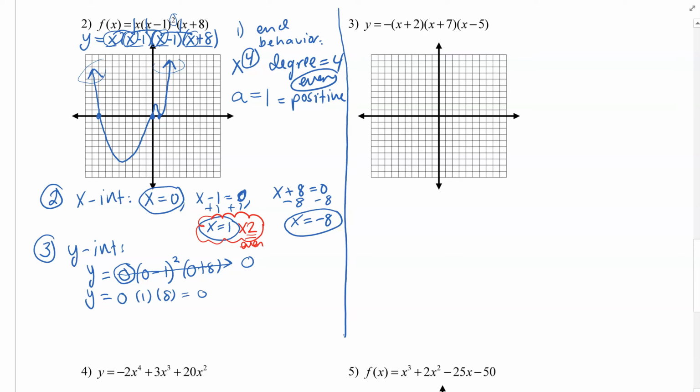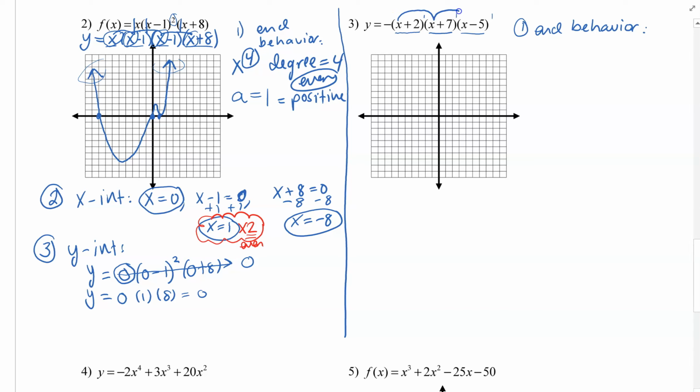So example 3 is very similar. It's given to me in intercept form, which is my favorite because all the factoring work is done, thank goodness. So first thing I'm going to do is look for end behavior. That's the first thing I'm going to ask you to do. And so in doing that, I notice it has 3 factors, all to the first power. 1, 2, 3. What that tells me is, if I were to FOIL it out, which I'm not going to because that would be long and tiring, but if I were to FOIL it out,